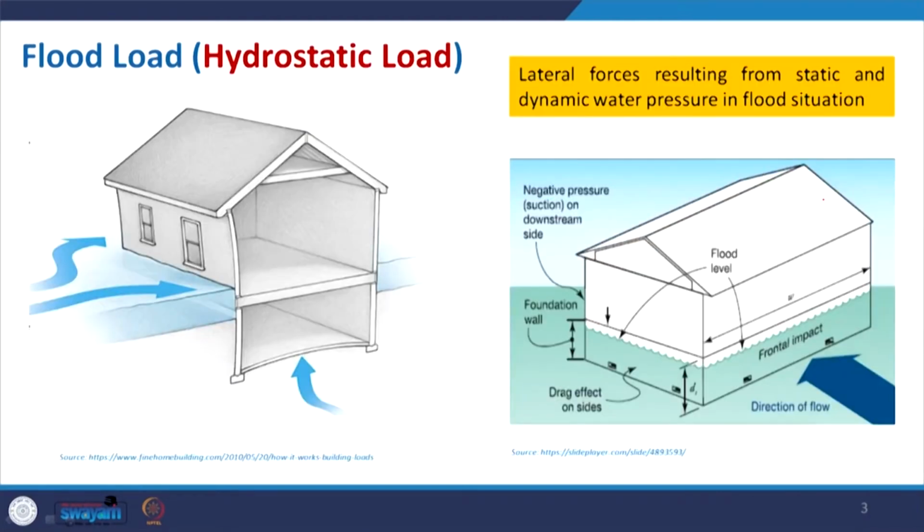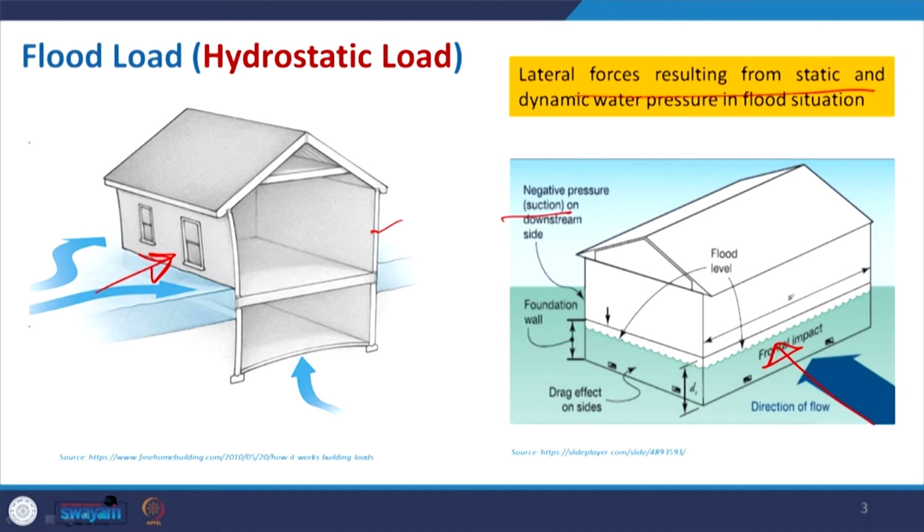Coming to the flood problem and the fundamentals, the flood load that is there. Whenever there is a waterlogged situation, water will try to pass. It will have a direction, it will have a flow with a natural slope, and on its way if it gets some obstruction, definitely that will create some thrust here, and at the opposite side it will have a negative pressure or suction, like the wind. So, again here you can see the direction of the flow, and then the opposite side will have the problem. So, lateral